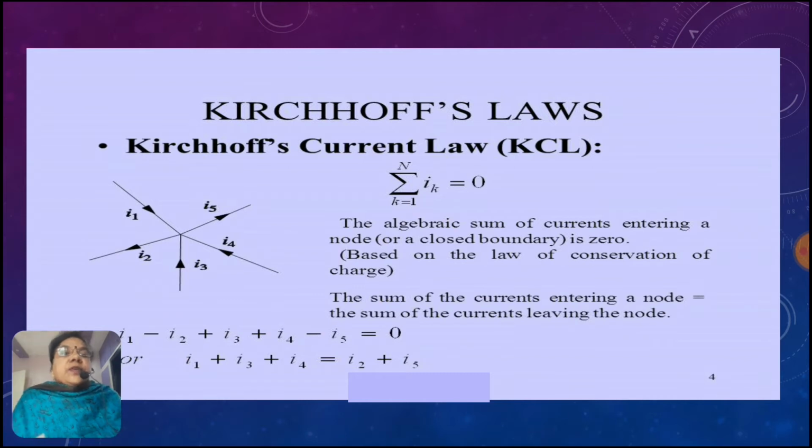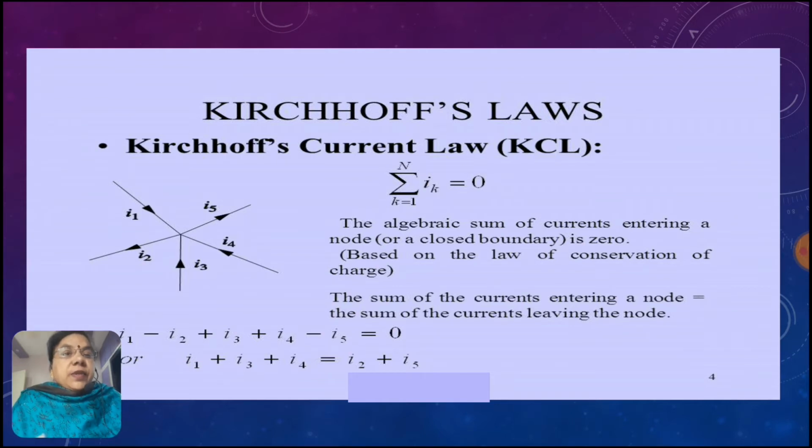Now we will move towards Kirchhoff's law. First we will see what is Kirchhoff's current law. Kirchhoff's current law is applicable to a circuit whenever at any node point more than two branches are connected. You just see in the circuit there are 5 branches connected at a point, and in the 5 branches I1, I2, I3, I4, I5 are the currents. Some are going out, some are coming in towards the node. So the summation of all the currents incoming as well as outgoing is equal to 0. This is Kirchhoff's current law.